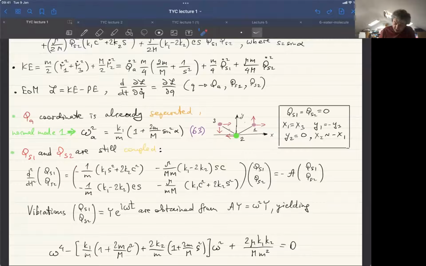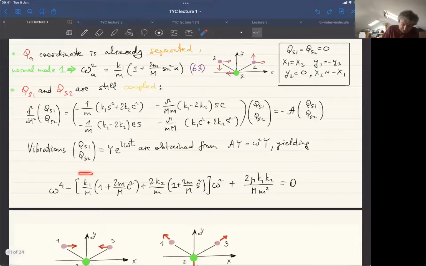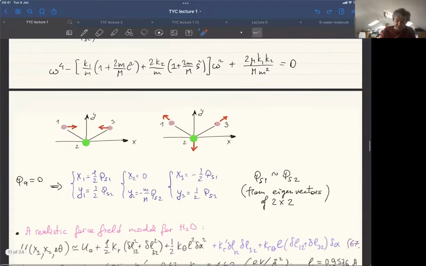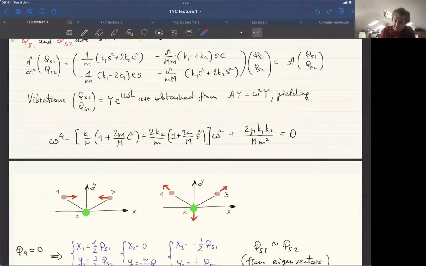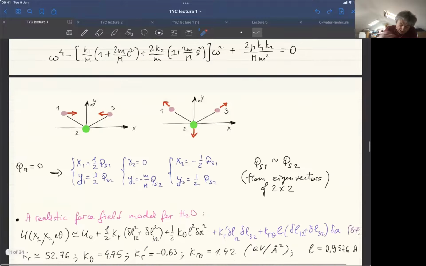And if you do this, you would derive from the secular problem this rather bulky looking equation for the omegas, but it's a quadratic equation with respect to omega squared. It will have two positive solutions. You can determine these omegas for one and the other, and determine the eigenvectors. And when you determine the eigenvectors, you will find that these two displacements, QS1 and QS2, are proportional to each other in each of these eigenvectors. To cut the story short,